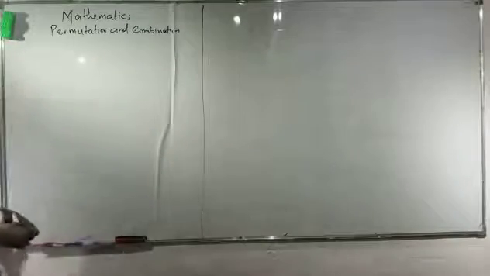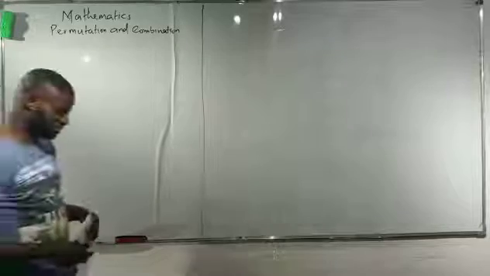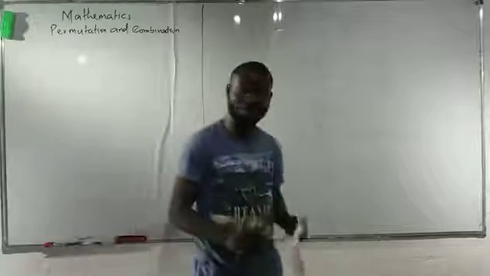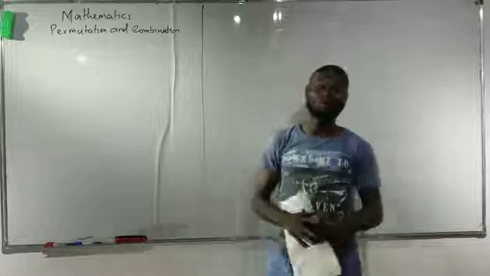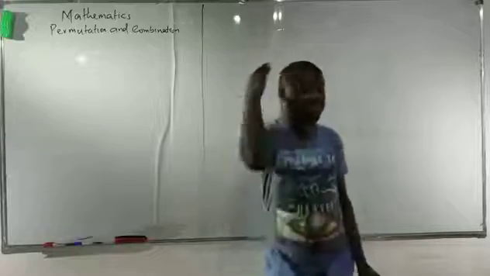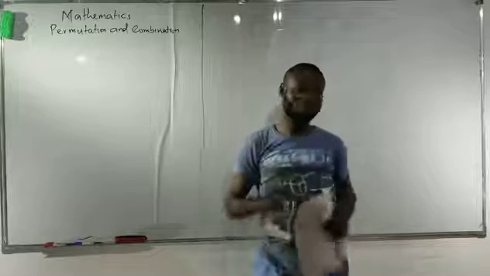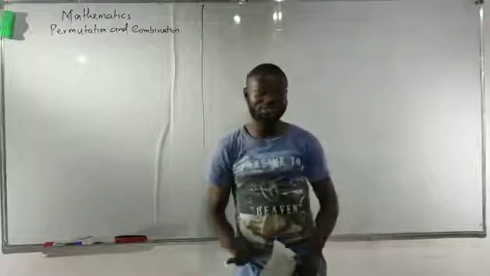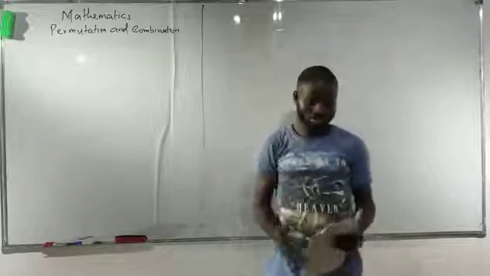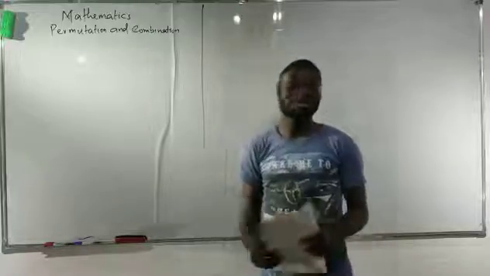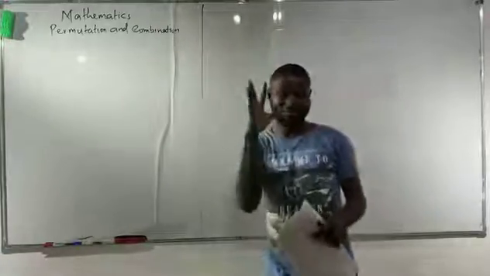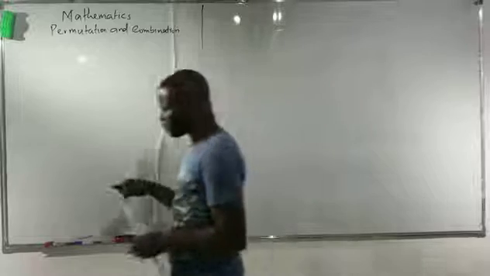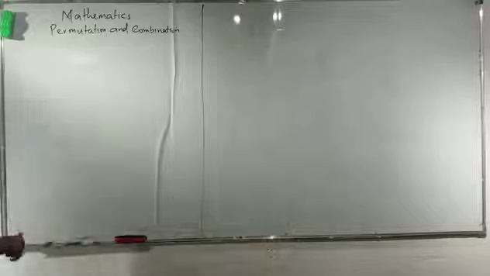I want to work on permutation and combination because I have to apply all that I've been saying on permutation and combination. At this point, if I'm too fast, you can pause the video and rewind it. You'll be fine because at this point it's a bit advanced. Now, what I want you to know about this is that